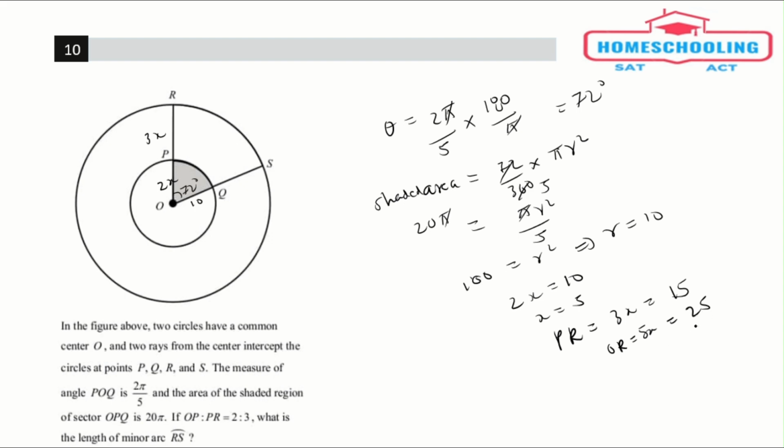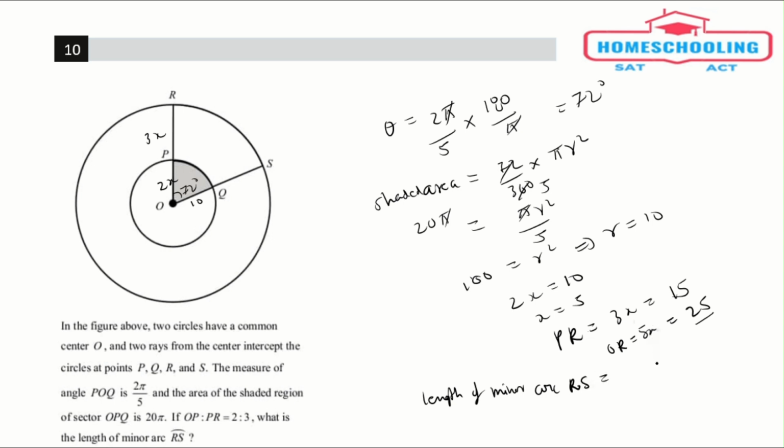So the radius of the largest circle is 25. So what is the length of minor arc